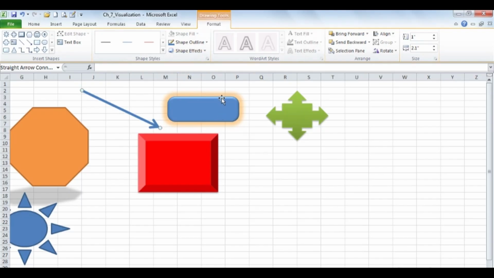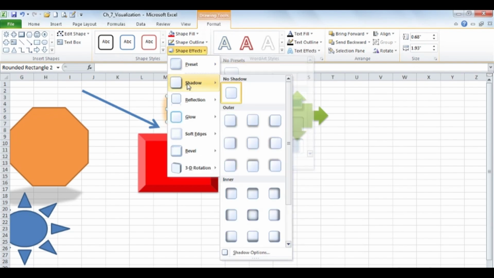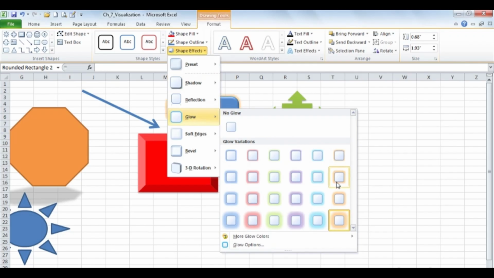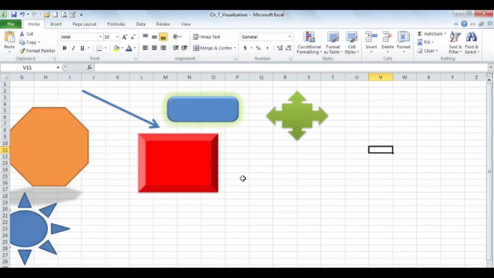This particular object here has glow on it. Let's click there, go to Shape Effects. Well, there are 24 options down there for applying glow. Once again, the choices here are overlapping. We can still see a corner of it, so if that's something we think we'd like, fine, make those choices as well too. And when it comes to the size of a shape or the ratio of height to width,